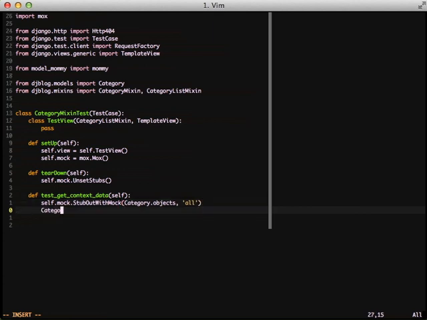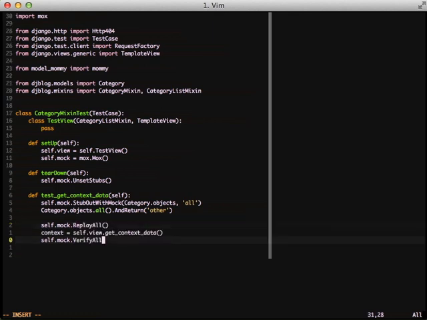And then we want to set, hey, when we call category.objects.all, that we return the text other. And this is a good sanity check to make sure that it's actually being called so that when we do our assert later, we actually test for the word other and we're not actually getting some sort of like empty query set back. So we'll do our replay all and verify all, and in the middle of that we have our